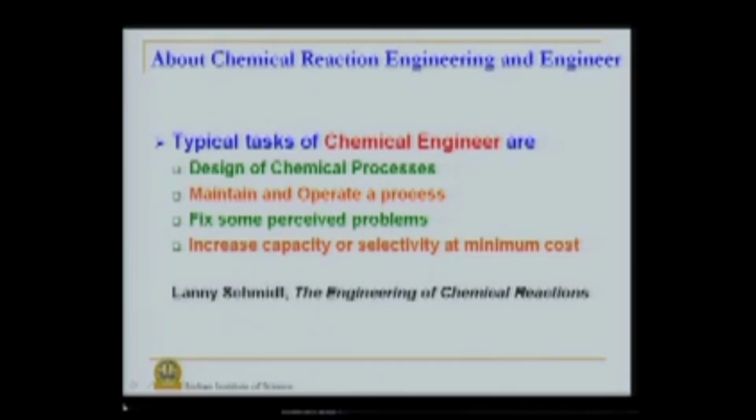An area now known as process intensification, this is precisely what you do in that. That is, you already have a plant, there is a process which is running, let us say it is making 1000 tons per annum of a certain chemical. You want to increase that capacity to 1500, 2000, to whatever maximum that you can achieve, and that too at a minimum cost.